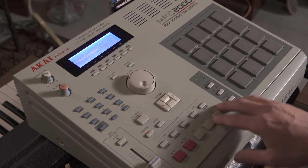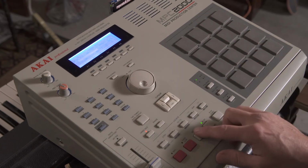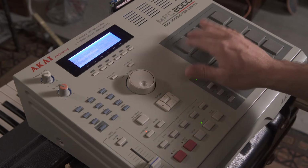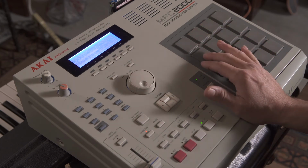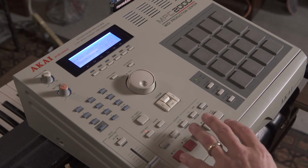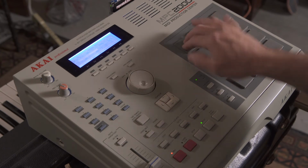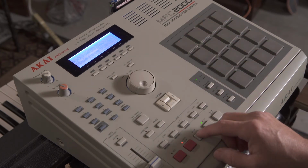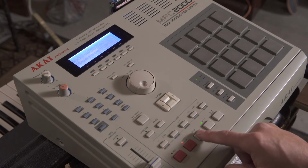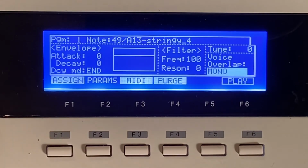So I'm going to play with this for a minute, figure out what I want to put on it. So, just for an example, we want to do that. I don't like the way that sounds, but this is how it goes. That's pretty horrible. So, if you want to edit this sound, you would just do it the normal way. So if we want different tuning,